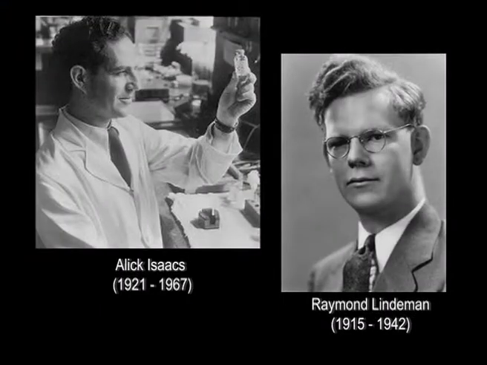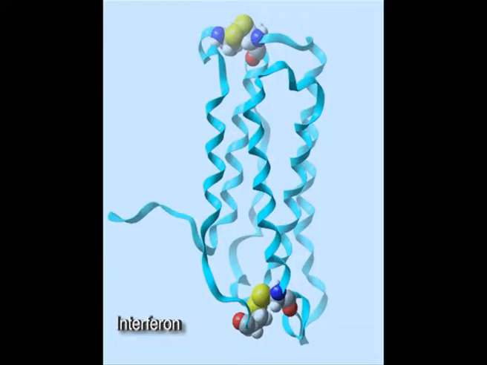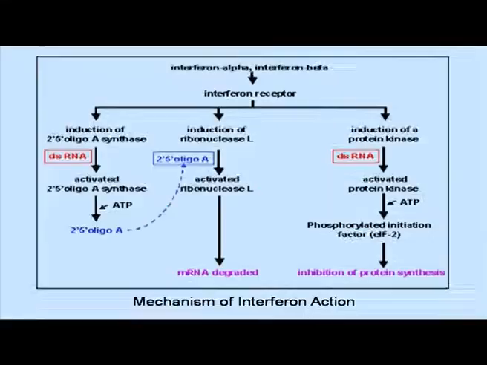Coming to the next important discovery, that is the discovery of interferon by Isaacs and Lindenmann, which is a glycoprotein having a typical folded helical structure. This interferon is produced in a particular animal host under the infection of virus, and it was shown that interferon can inhibit the viral particle. So an interferon-producing gene, if it can be transferred from one animal to another, can be a definite answer to viral infection. And how do they inhibit viral infection?